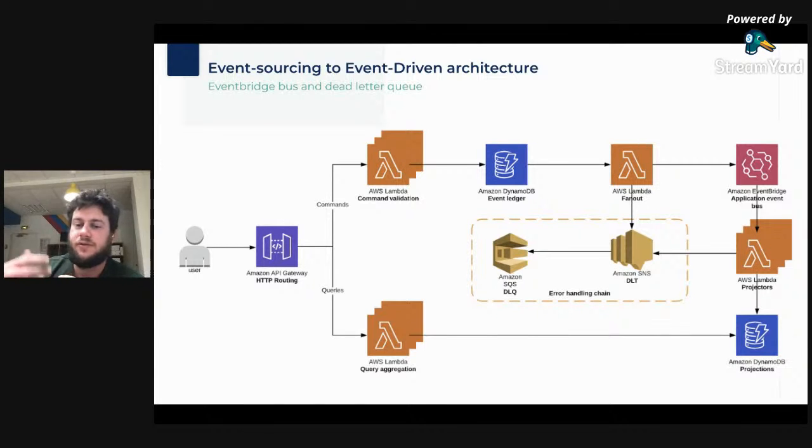So we actually put a fan out Lambda whose only job is to commit what has been inserted into DynamoDB into EventBridge, into our application bus, so that as many projectors as possible can register to this specific event being inserted in the audit log.